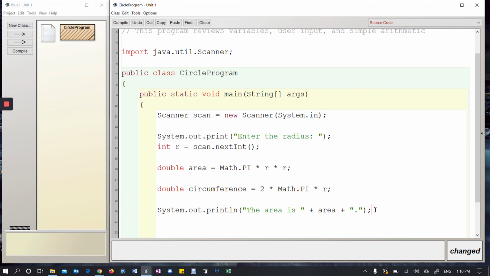And now I can have another statement here that says the circumference is, and then I'm going to use this variable. Maybe, you know what, that variable is a little bit too long, so I'm just going to call it circ for circumference. And so down here, I'm just going to say circ, and then I'm going to concatenate a period also at the end of that. Okay, so when I run this,